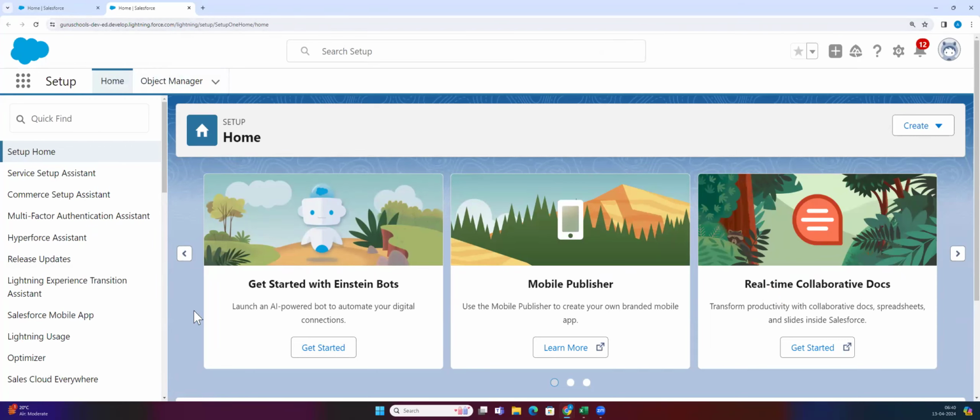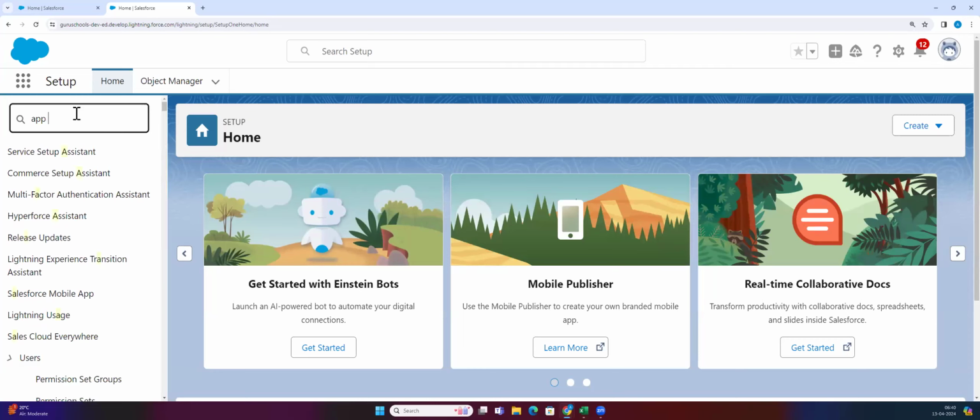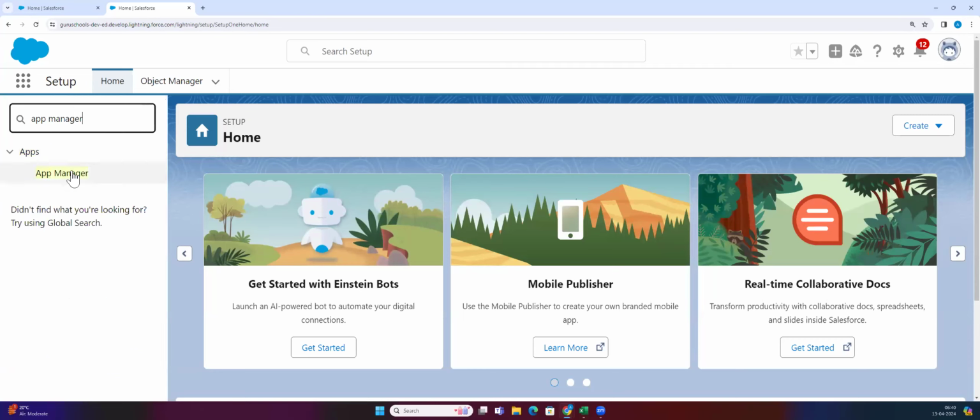Now this is a brand new Salesforce org I created. In this Salesforce org, we did not create any type of customization. This is completely new and it only has the standard features as of now, standard objects and standard fields. So this will be the first customization which we are going to do. So let's try to create the application. For that, you'll have to enter App Manager here. Click on App Manager